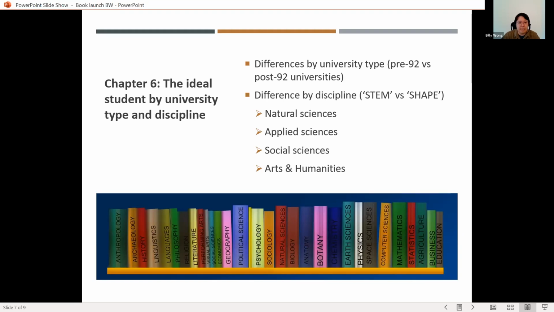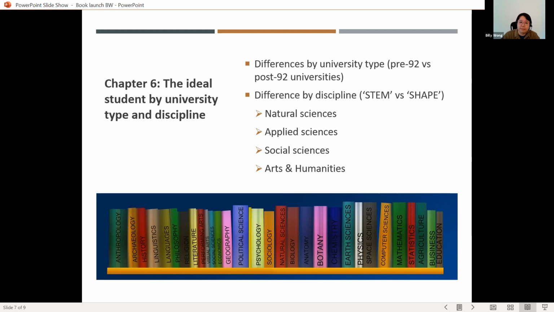So for university type, we focused on pre-92 and post-92 universities. Now, of course, each university has its own values and ways of working, but in the UK, pre-92 universities are typically associated with those who are more research focused, whilst post-92 typically seen as more teaching oriented. And basically we explored if there were any differences between the construction of the ideal student by participants from these